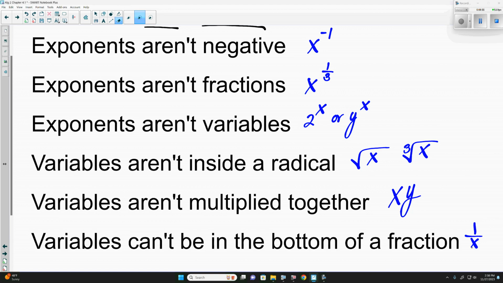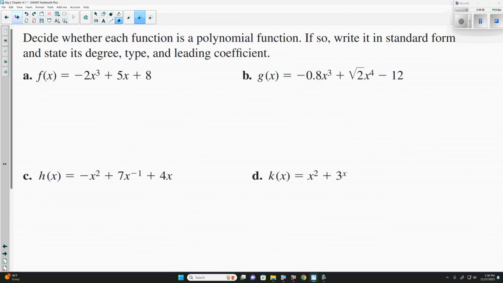We ready for the first problem? So decide whether each function is a polynomial function. If so, write it in standard form. State the degree, type, and leading coefficient. So if we look at A,